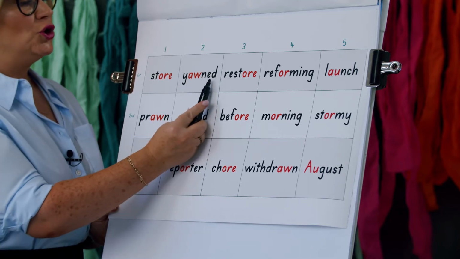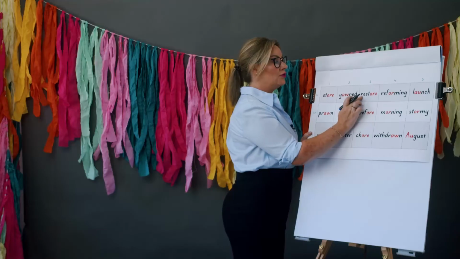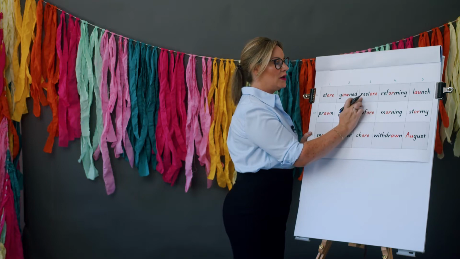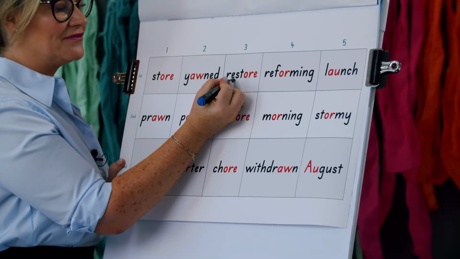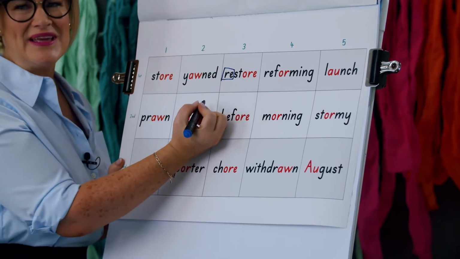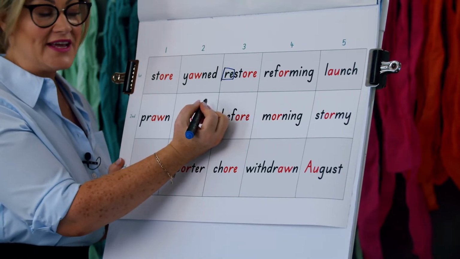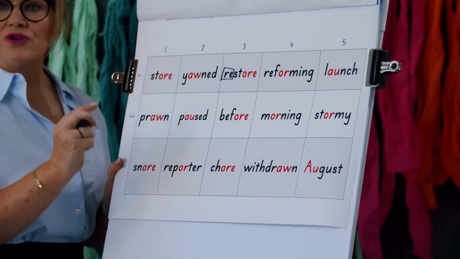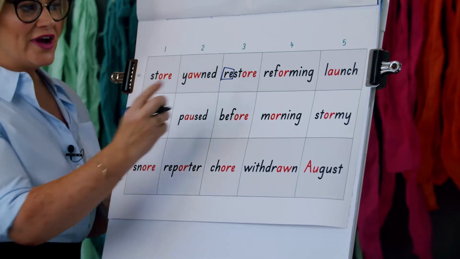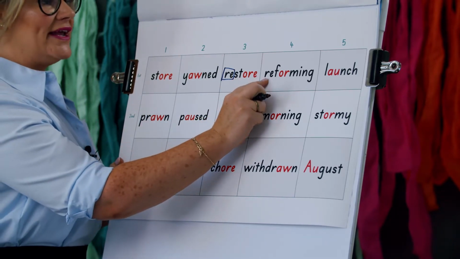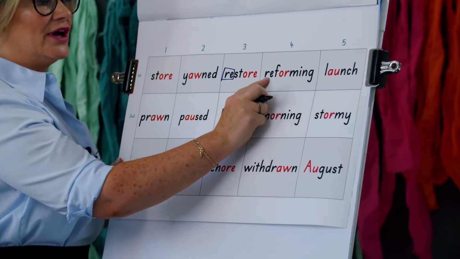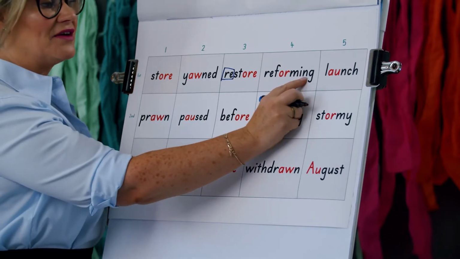yawned, yawned, east, or restore. Now remember, this is one of our suffixes. Oh no, it's not a suffix, it's the beginning. So what is it? Prefix, a prefix. Restore. So when you're coming to the next word, reforming, you can already start to pick out prefix re, suffix